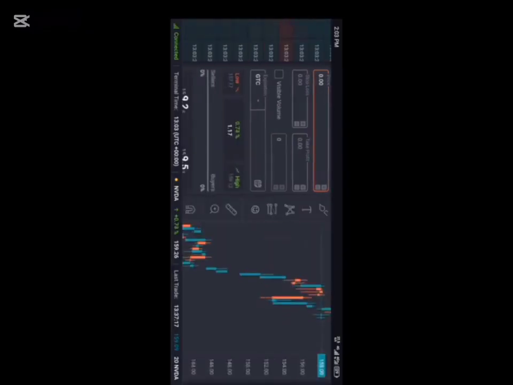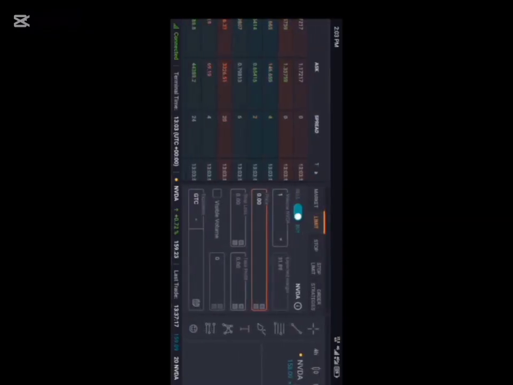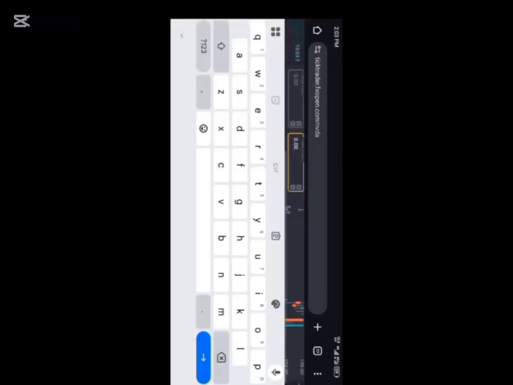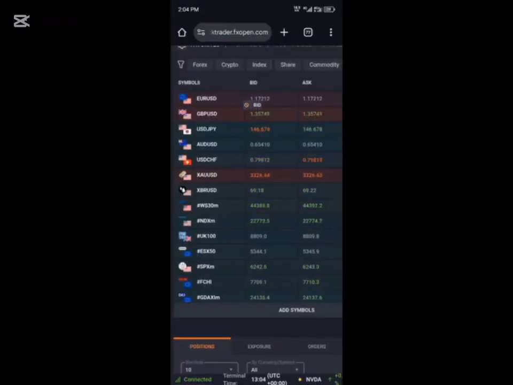Now we have to talk about the terms and conditions you have to obey in order to be able to withdraw your profits. Make sure you pay attention, and more details about the terms and conditions will be posted in my Telegram channel. So make sure you join my Telegram channel because it is very necessary.